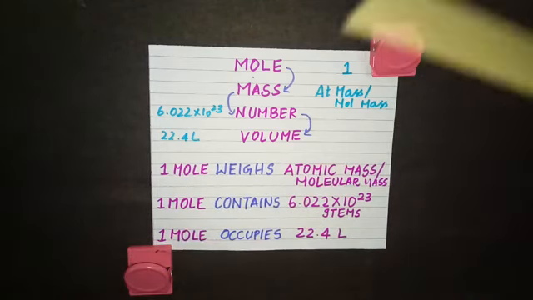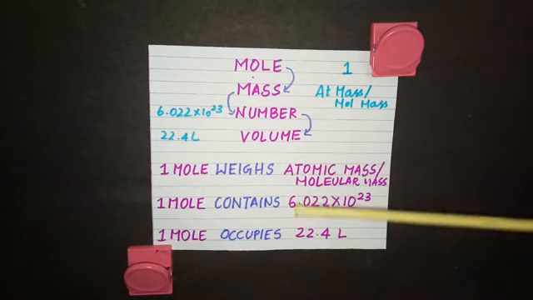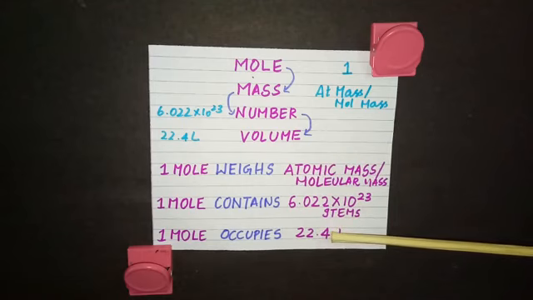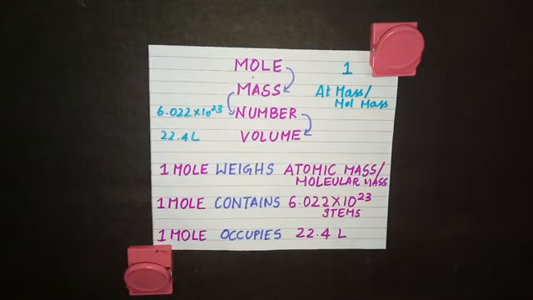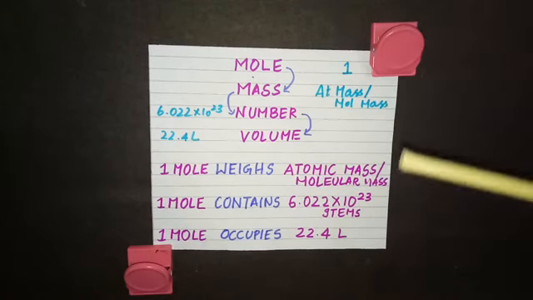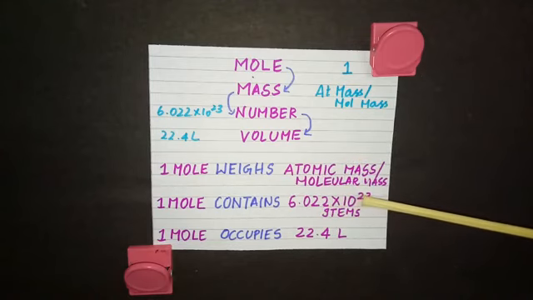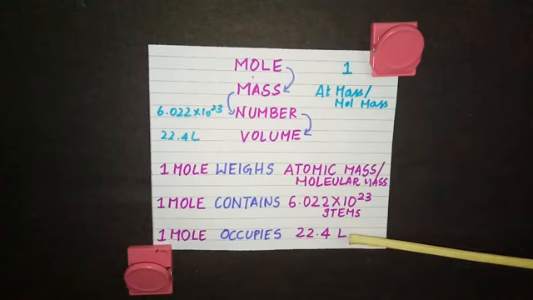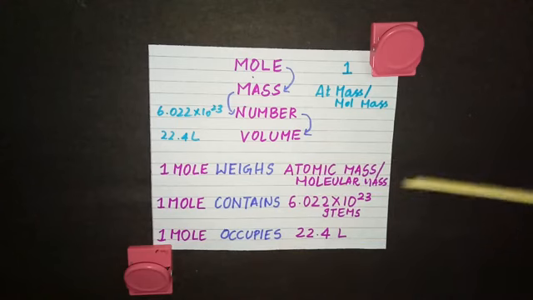So not only from this side, you can take the atomic mass. That atomic mass will be occupying 22.4 liters, or 22.4 liters of any gas will weigh its molecular mass, not atomic mass, because gases, they are molecules. 22.4 liters of any gas will weigh its molecular mass. Same way, 6.022 into 10 to the power 23 molecules can occupy 22.4 liters, because in 1 mole you have this many items. So everything is related to one another. You should be very clear with this relationship.